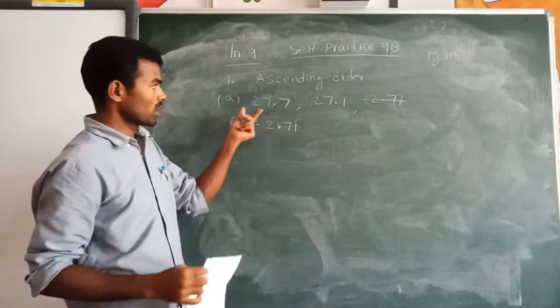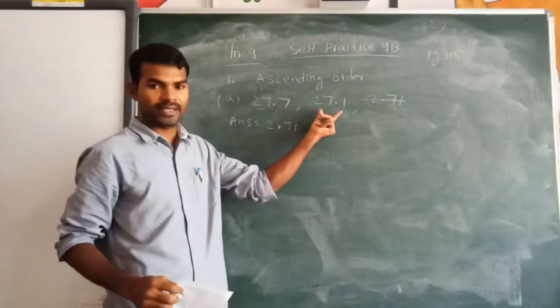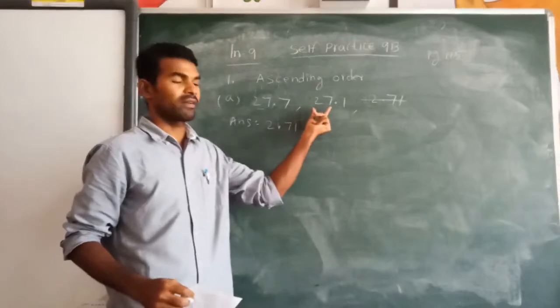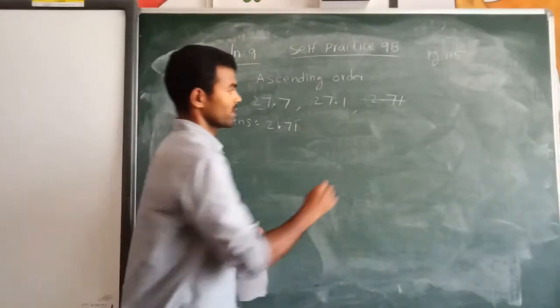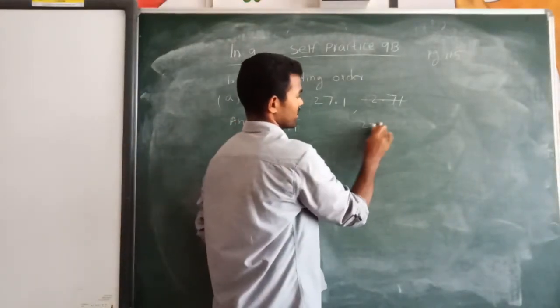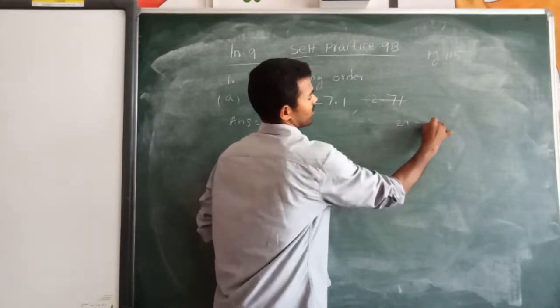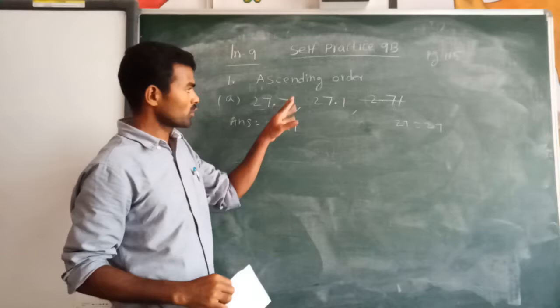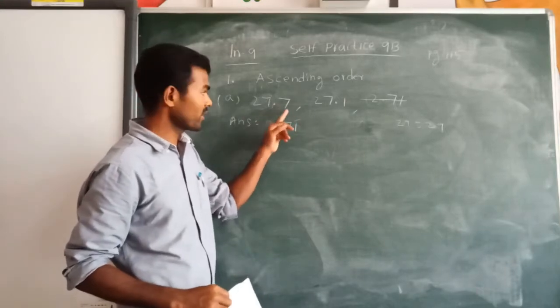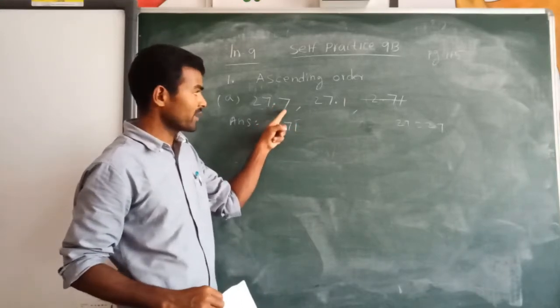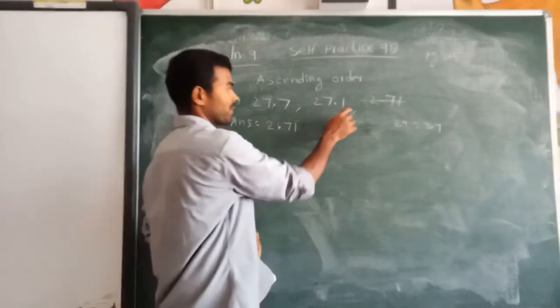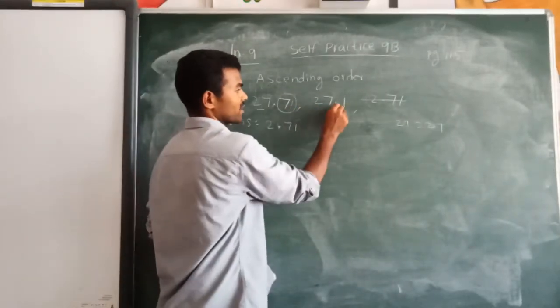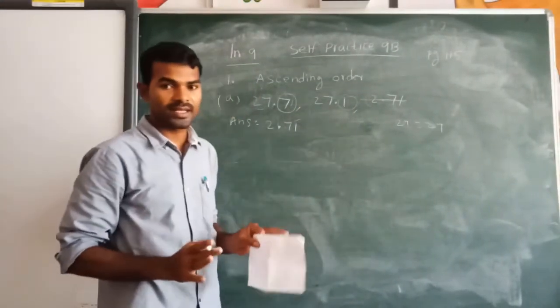Okay, now the whole part is same. 27, 27, both are equal, yes? Okay, both 27. And let us now move to the first digit after the point. After the point, first digit, let us compare.